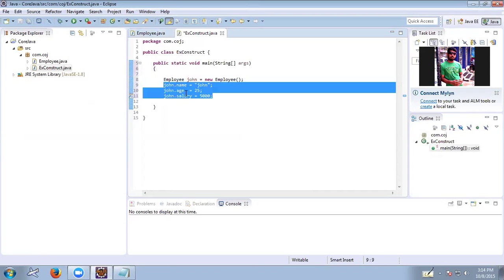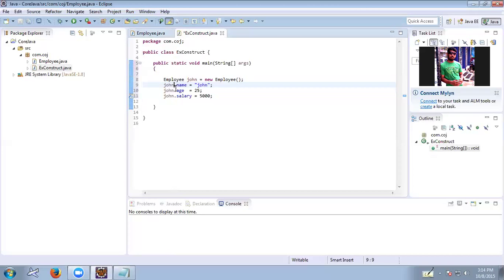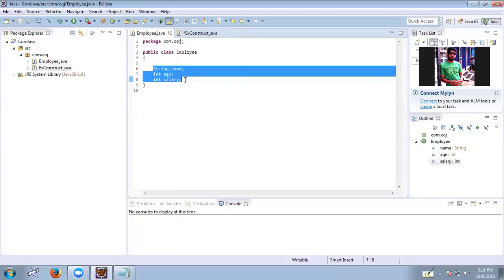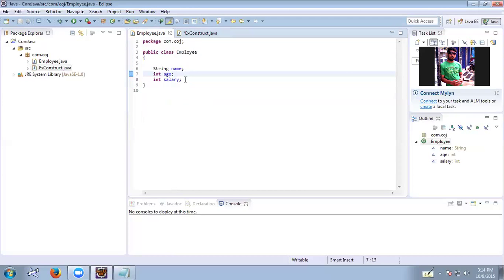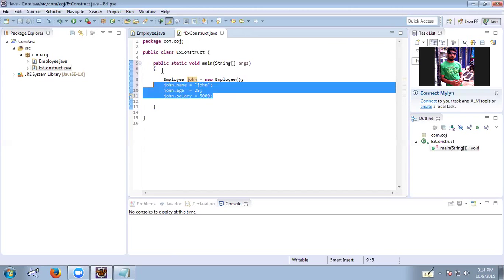This is how we have to initialize the instance variables when we create an object outside the class. Or else we can use a method to pass the values to set them, as we do in the encapsulation concept using the setter method. Otherwise, we have to use the data member directly using the object. In this situation we have only three data members of the Employee class. If you have more than 10 or 15, then we cannot give each and every data member on the next line. Then our code will look ugly. So what we can do is